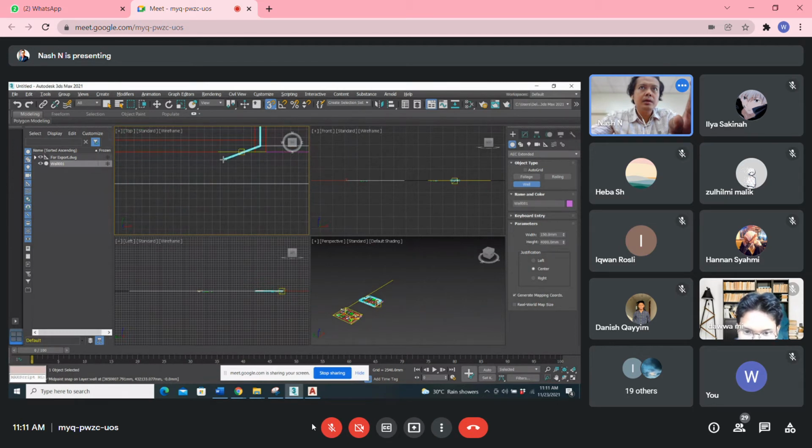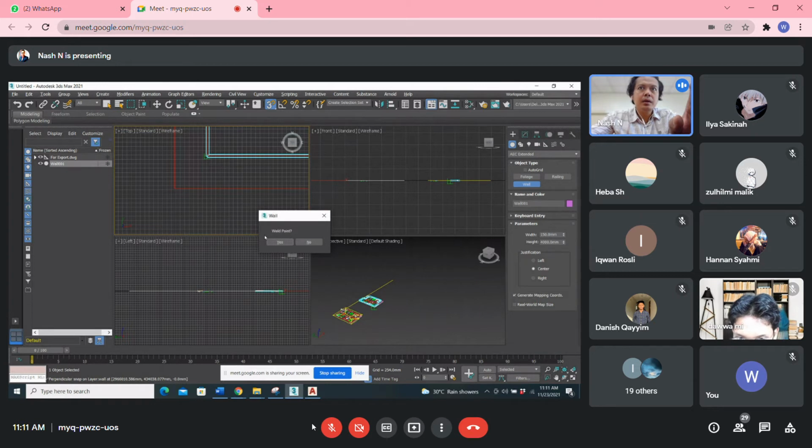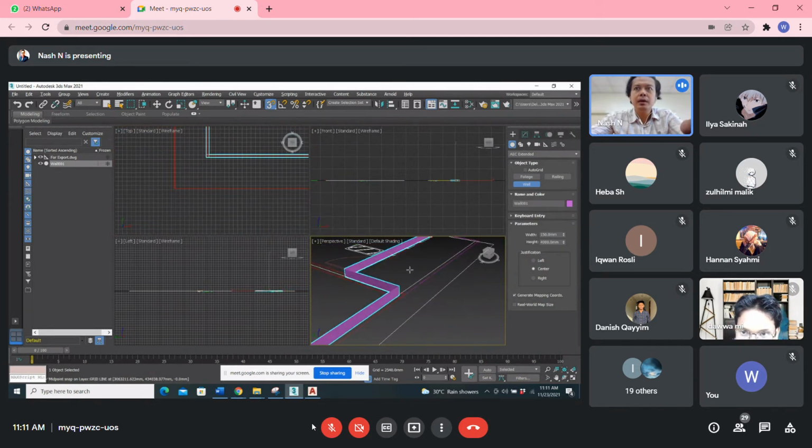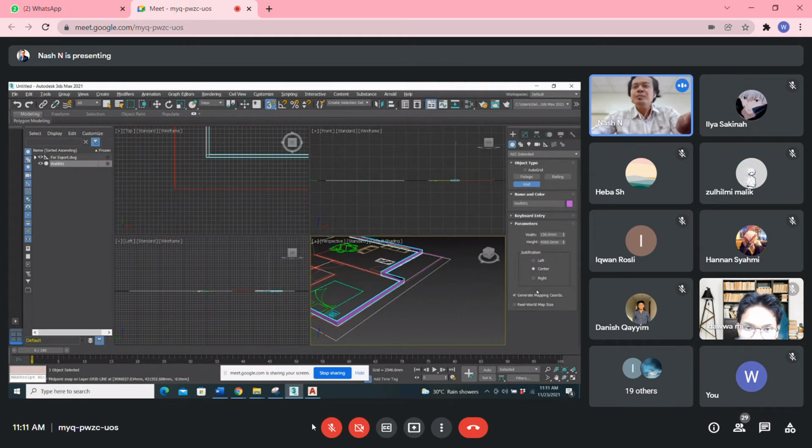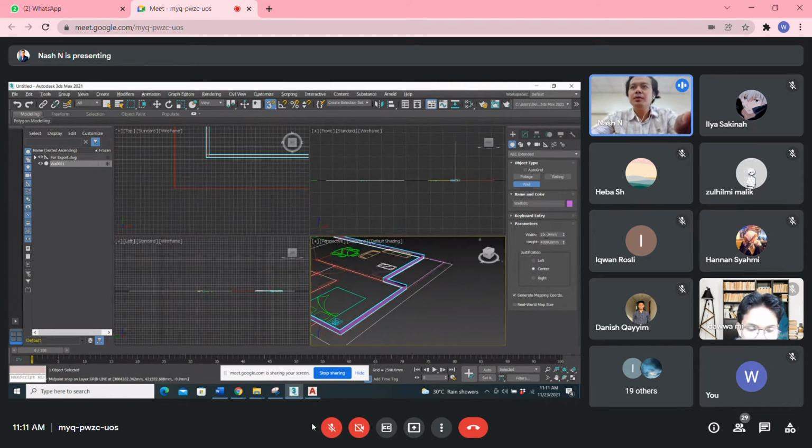Here, here, and here. Then you escape. You can see the wall here. It is short. So there is something wrong with the scale here. I don't know why. So let's try 1500.